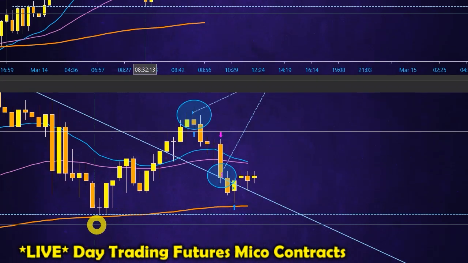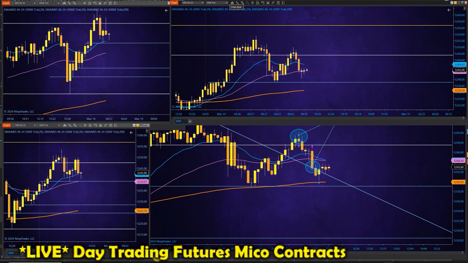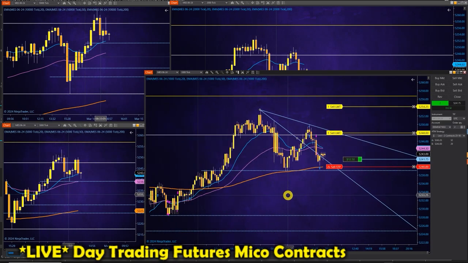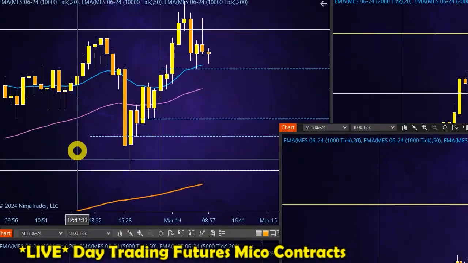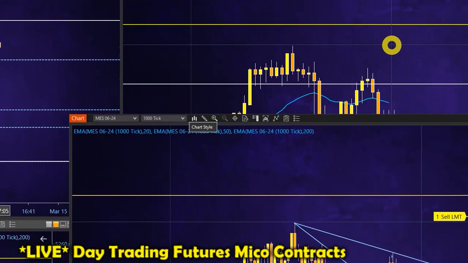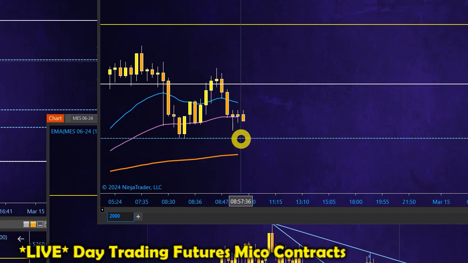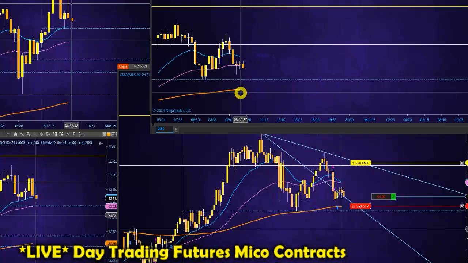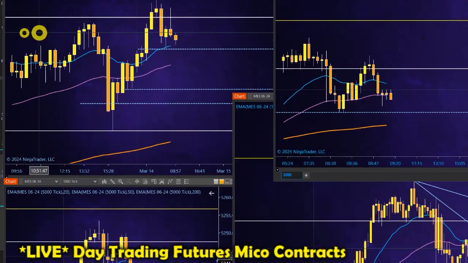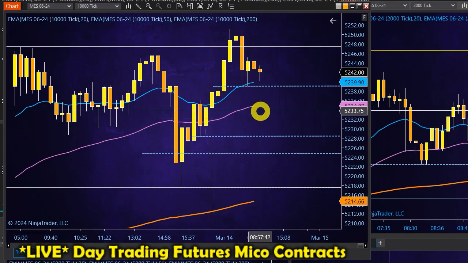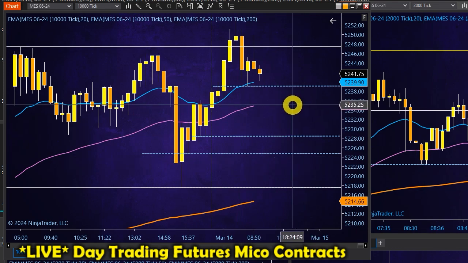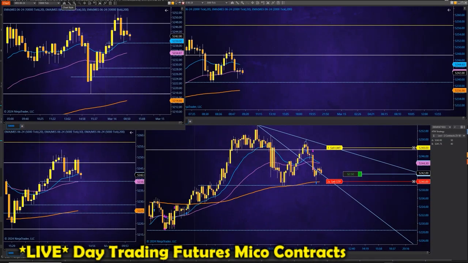And on the lower time charts, we may see some type of bearish activity, but that's just so we can get a trend line break to the upside. So I'm not worried about those. I worry about the 10,000, 5,000, and the 2,000, and even that'll look bearish sometimes if it's going to correct deeply. So as long as the 10,000 tick chart and my 15-minute chart are bullish, and we have a daily bias